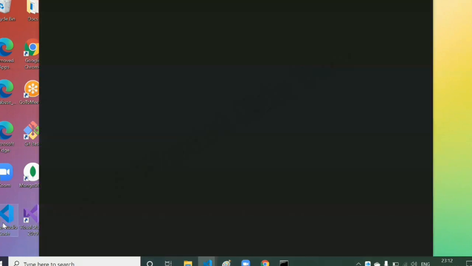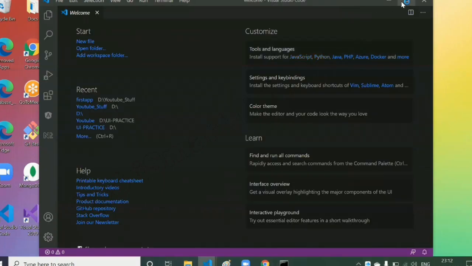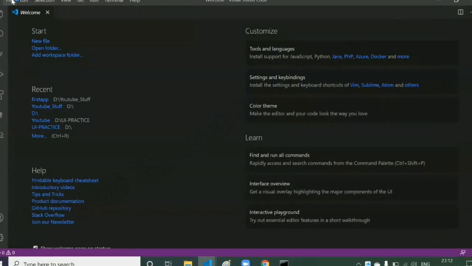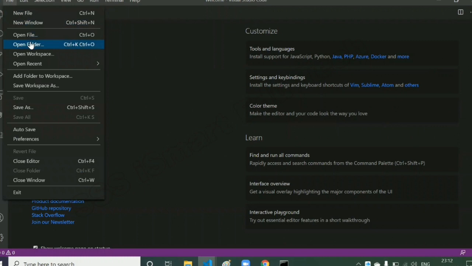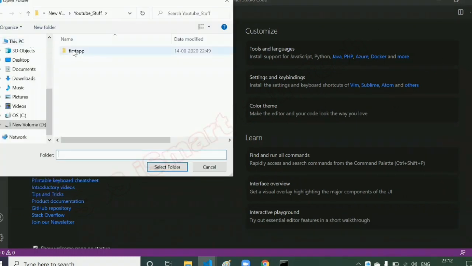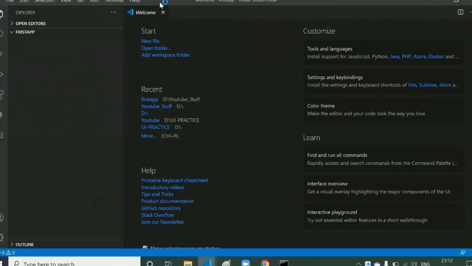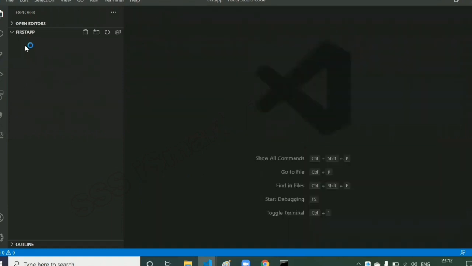Just click on that icon and open it. Once you have opened it, click on File, then go to Open Folder and select your folder path. I have selected my first app folder. Now you have opened that particular folder in Visual Studio Code.